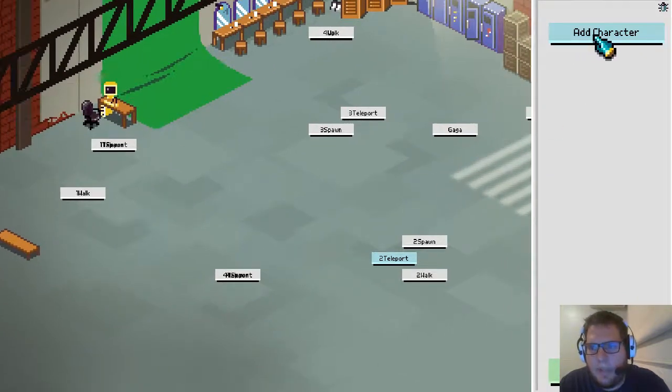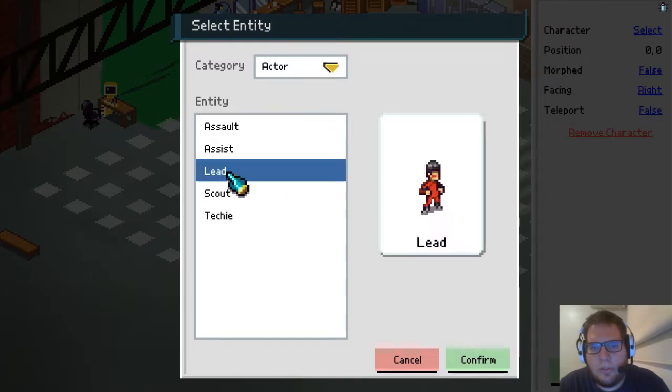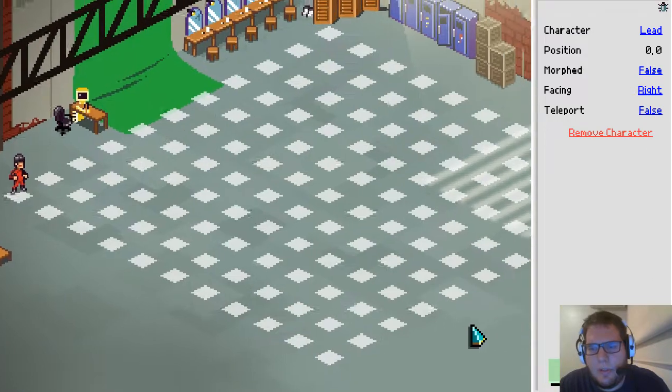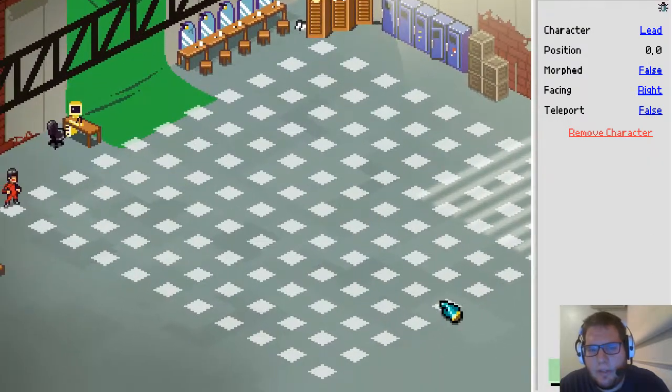You click on the add character here, and depending on the event that you chose, since I chose squad, you're going to be limited on what you can include. So let's spawn the lead. Now you can see the grid. You can navigate the grid just as you would in the game, just clicking and dragging. And I'm going to place this character right here,